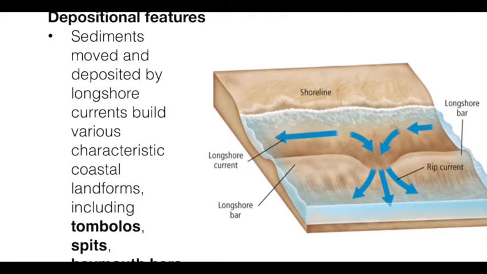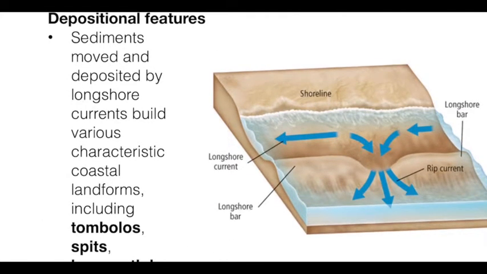Now, all kinds of deposits can be formed because this is pulling up sand and it's carrying sand. These currents are carrying tons of sand, and there's lots of energy there. So depending upon the lay of the land, you can have all kinds of different features. This first one is where the shoreline has actually kind of sucked out back to sea, and you get